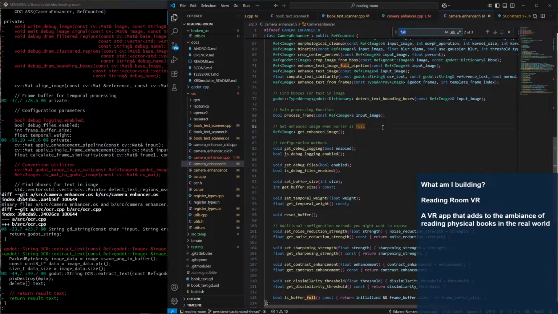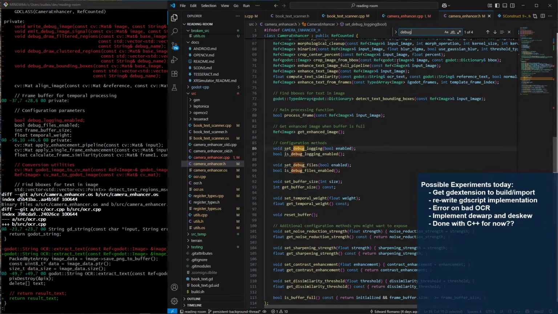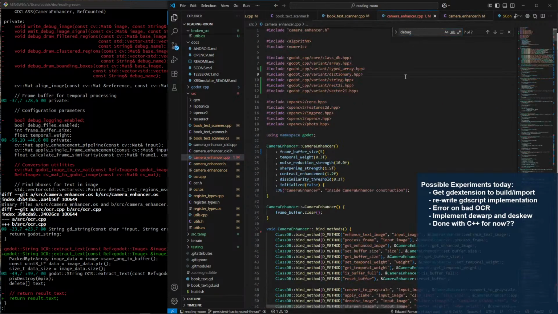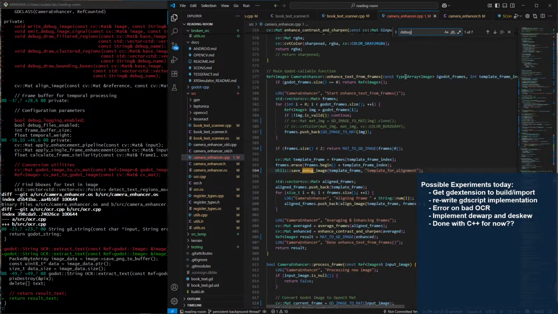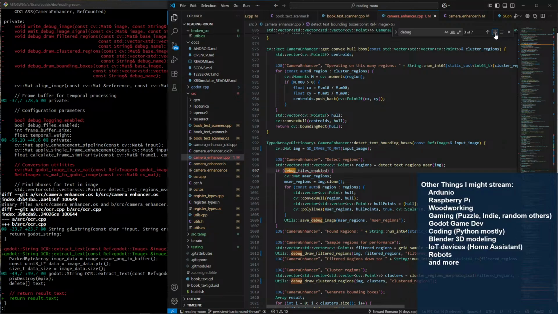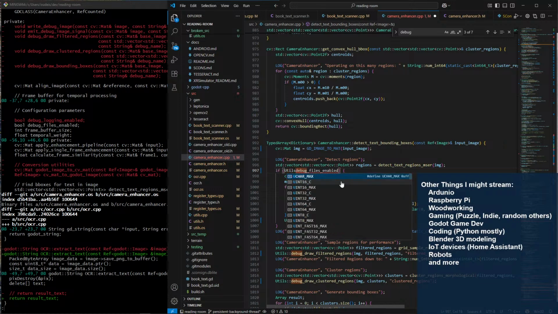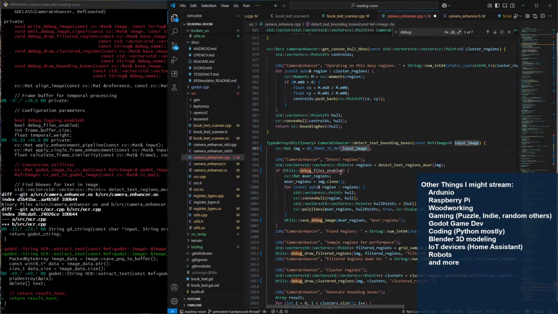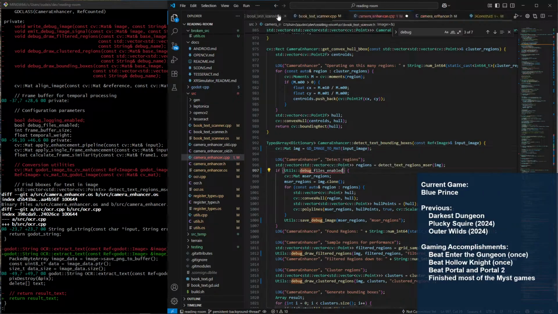Hold on. Debug. Save debug image. I think we may have found a big issue.